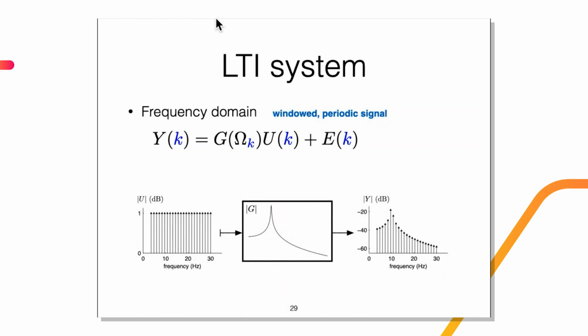Just to visualize that, if you apply a periodic signal, in the frequency domain it means that you have discrete components. The discrete components in the input U, you see these discrete little arrows, give you discrete little arrows in the output as well. So you just compute the transfer function at those frequencies by dividing the output DFT by the input DFT. This is not true anymore